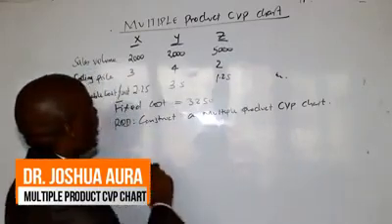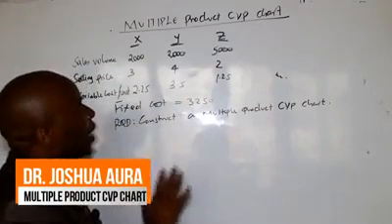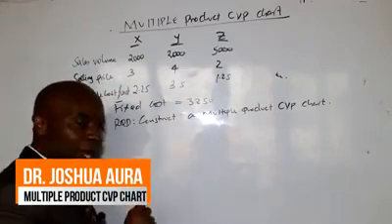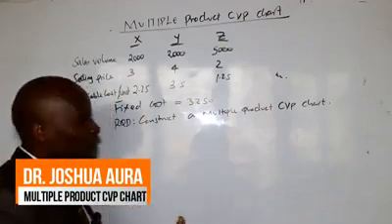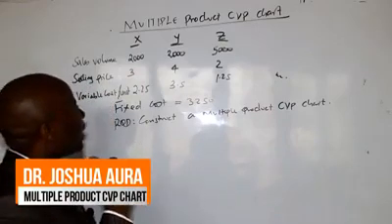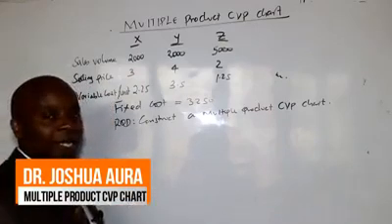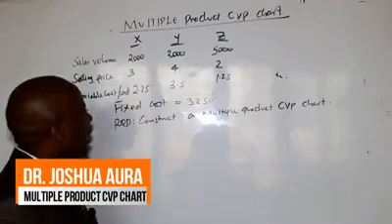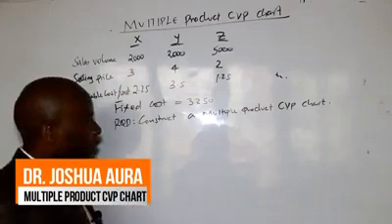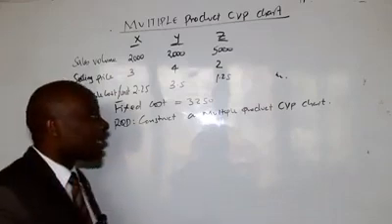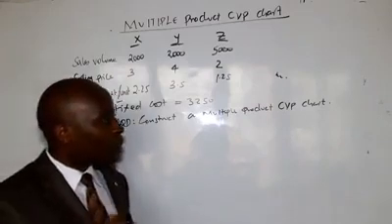We are told here we have three products, X, Y, and Z. They have given us the sales volume for each product. They have given us the selling price. They have given us the variable cost per unit. They have given us the fixed cost of the firm, and then they want us to construct a multiple product